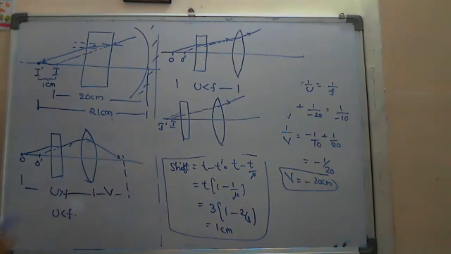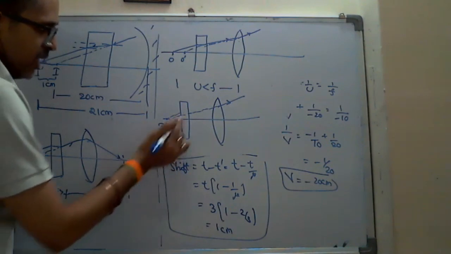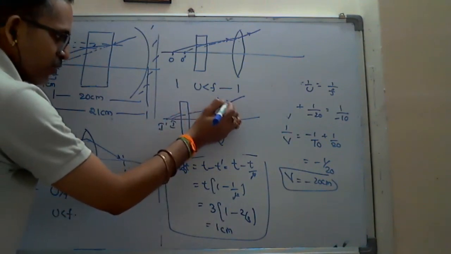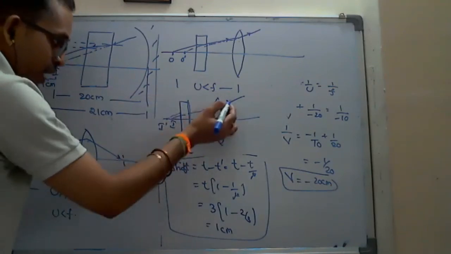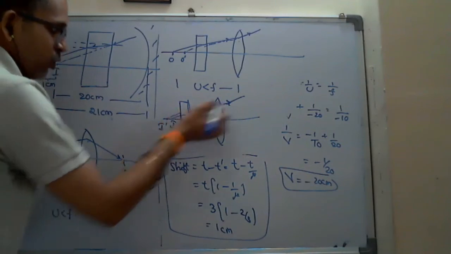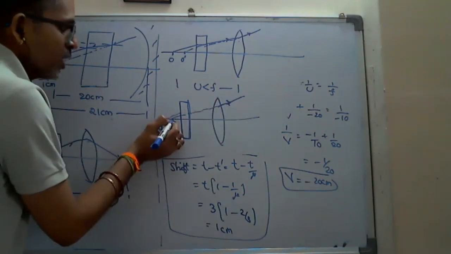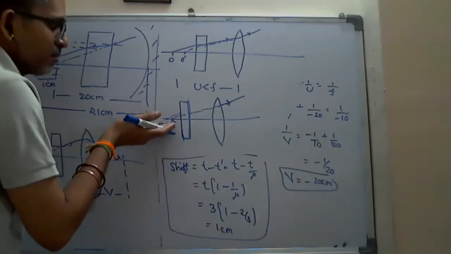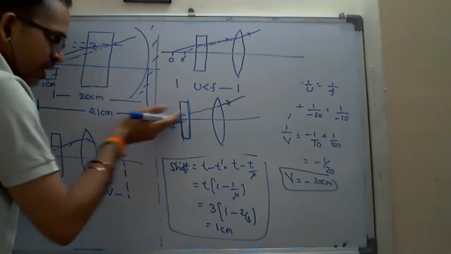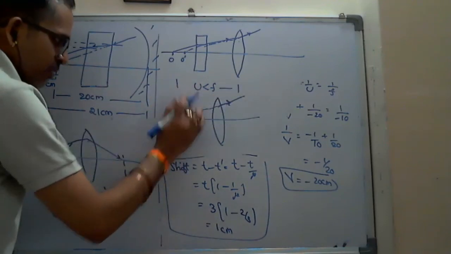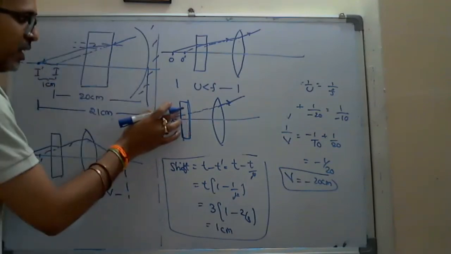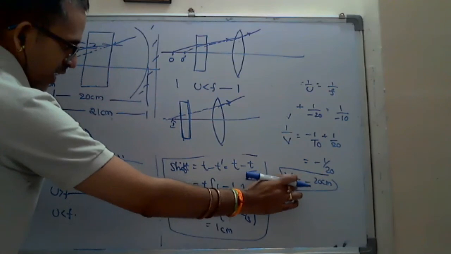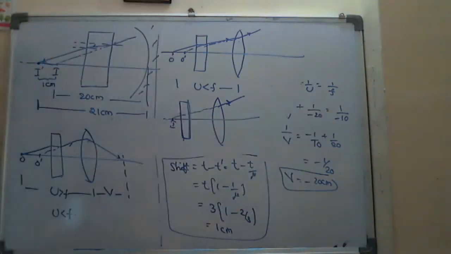If you give that answer, then I say you are absolutely wrong. Why? Because here this light ray after refraction is not passing through the glass slab, not really passing through it. To find out the location of the image, you are extending the light ray back, so it is a virtual line. The real line is not passing through the glass slab, which means there will not be any shift here. So straight away, whatever answer you get is the final answer here.